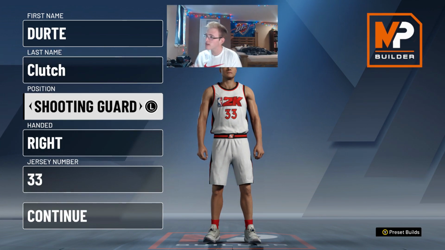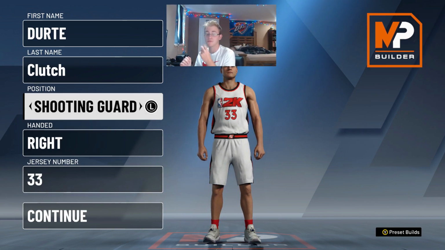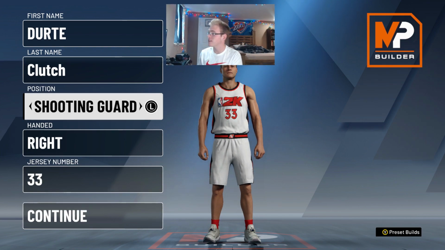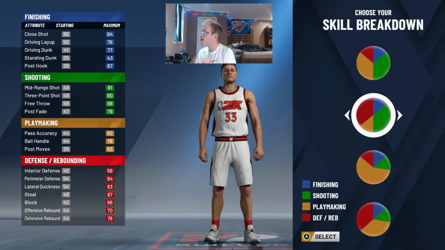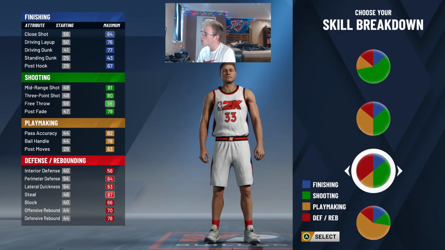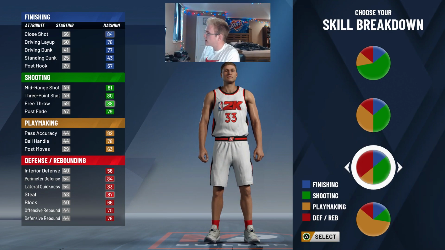So what I want to talk to you guys about is how I feel you can make the best two-way, because I kind of wanted to make a 3-and-D type small forward, similar to Paul George, able to play some good defense as well as dribble the ball and shoot the ball. You can make this build at either point guard or shooting guard. It doesn't matter. Either way it works. But for this, I'm going to go with the shooting and the defending for the majority